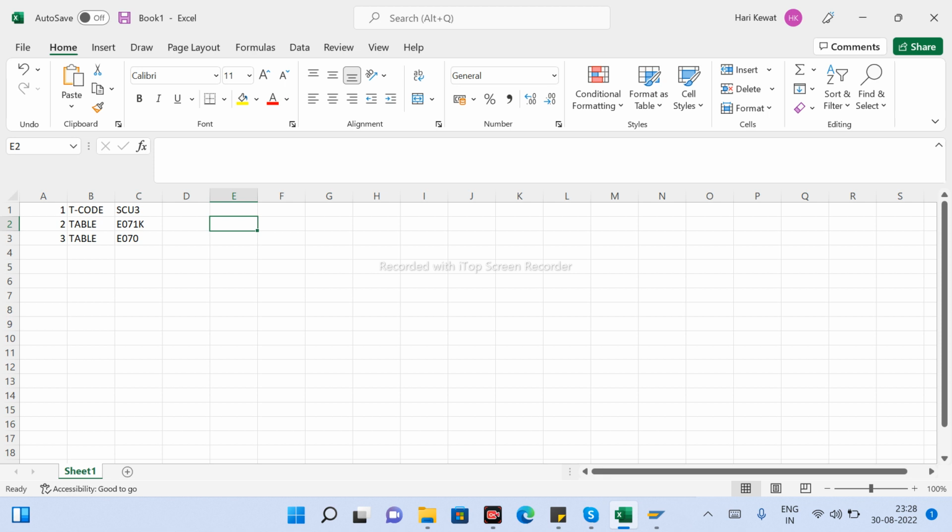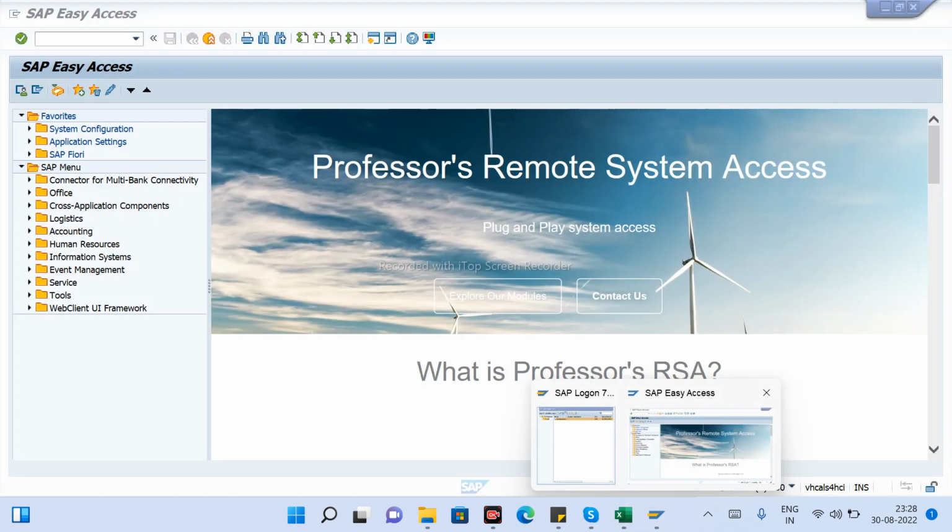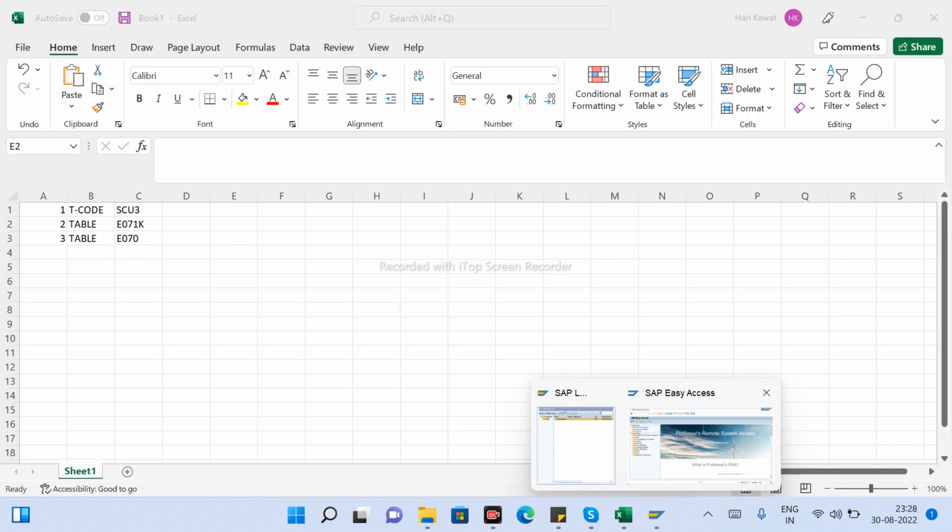Because once you get to know the TR number, you can also find out whether the changes have been moved to production, or what the status of the transport request is. So you can easily understand. Again I am repeating, the requirement is that, let us go to T code OX02.